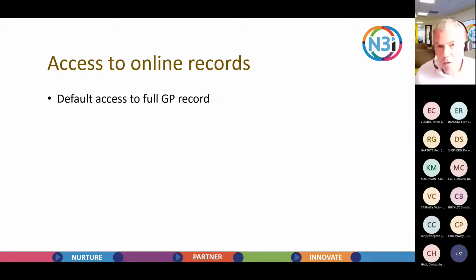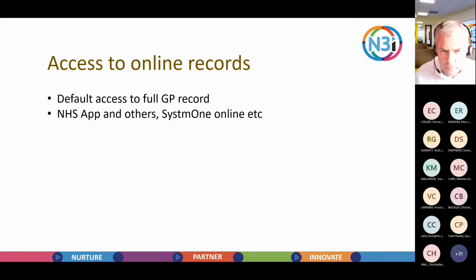And as it says, it's the full record. It's letters, it's text, it's everything that gets put into the GP record. It'll be available through the NHS app, and obviously that's what the NHS are focusing on, but also other systems. Our understanding is that if you have the System 1 app, they have their own online access, so you can access it on a web page, and the access will be available through those systems as well. Obviously the NHS are promoting the NHS app, but any other system that gives patients access to their record, this will apply to as well.